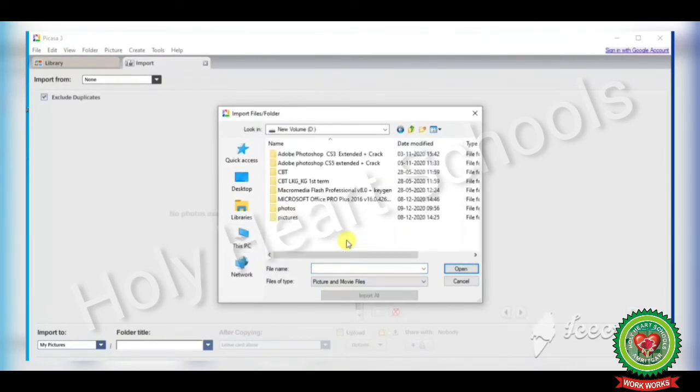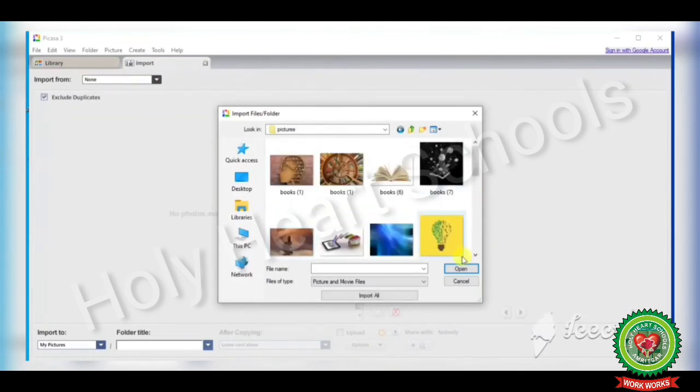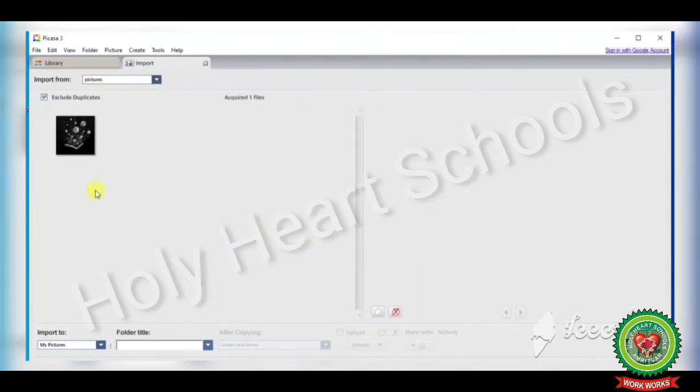In the D drive, I have a Pictures folder. You can find any photo from here. Just click over there and click on Open. The photo or file is imported. Now double click on the photo to open it in the editing window.